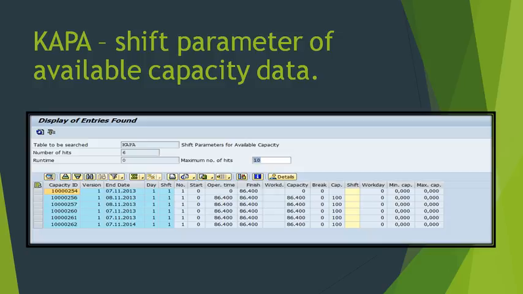KAPA is used to store the shift parameter for available capacity information. So again you can see capacity ID, day 1, shift 1, when it is going to start, what is the operation time, what is the finish time, what is the capacity, minimum capacity, maximum capacity.